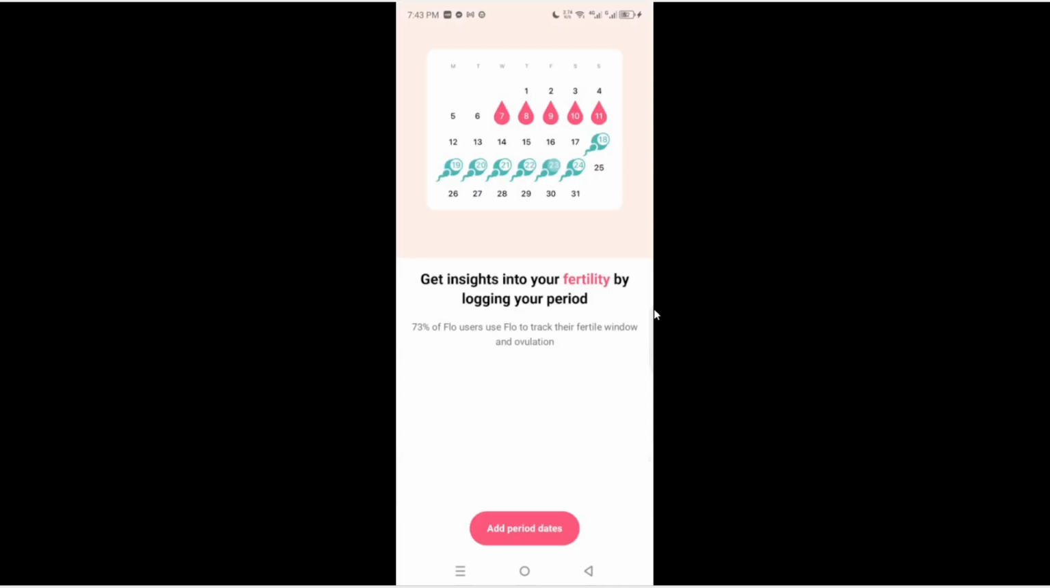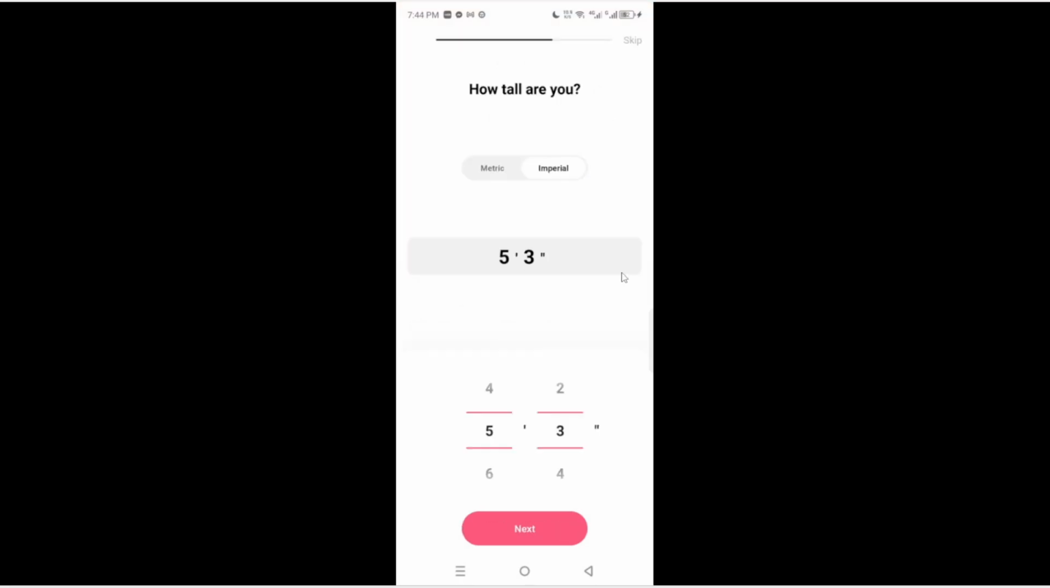After that, add your period dates. You will be prompted to input the start and end dates of your last period. This information is crucial for tracking your cycle accurately. The app will use this data to predict future cycles and provide insights. Once you have added your period dates, click Continue to save your information, ensuring that you have a solid foundation